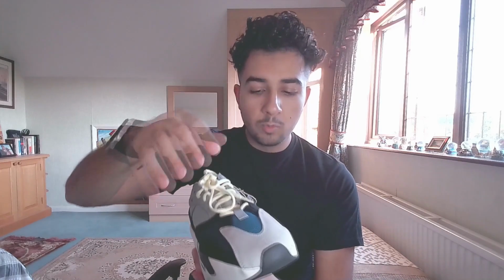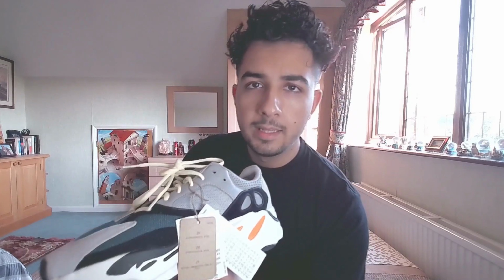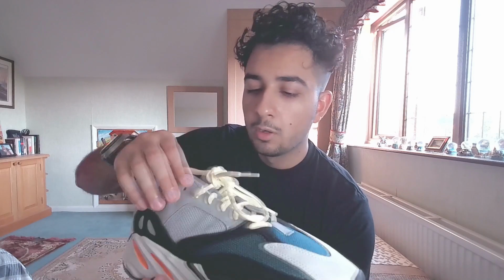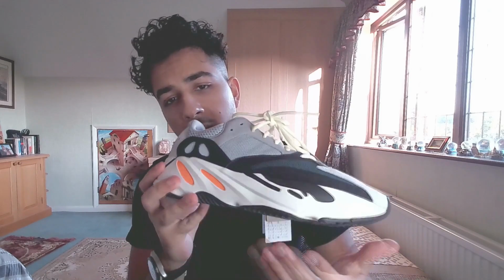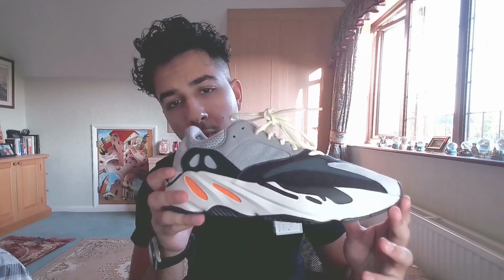Besides the mesh and the suede, we've got leather over here, and it's really nice high quality leather, the kind of stuff that you get in the Nike, Air Jordan, Travis Scott collaborations. So you got really nice, soft, crinkled leather, and this little fabric here just to keep the laces intact. And the midsole feels like rubber, quite soft rubber. It's just a white midsole with these little ridges around it. I don't think it's performance related, but just for aesthetic purposes, to give it that kind of